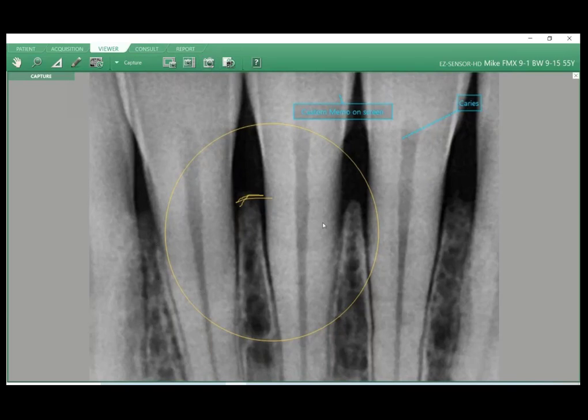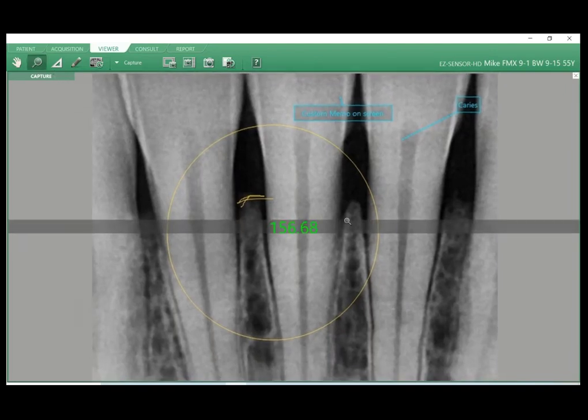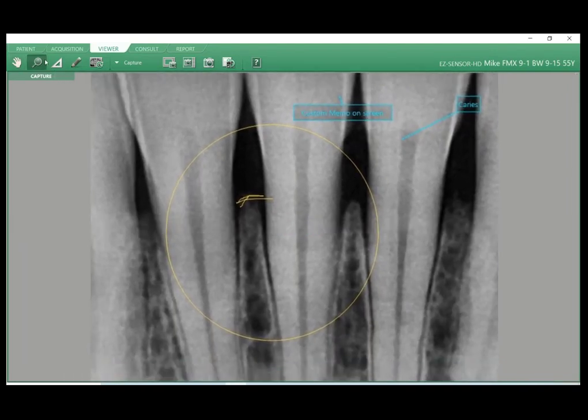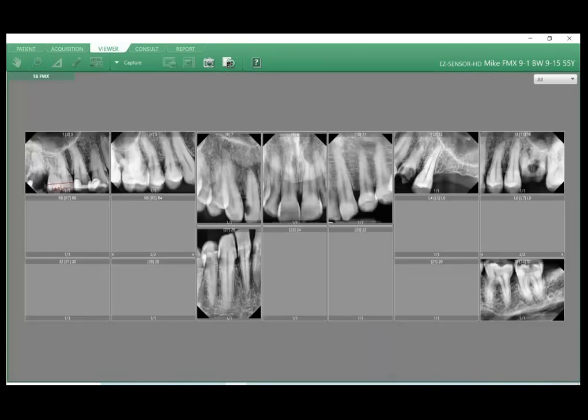But a quick one from here is, maybe I'm highlighting something and I want to quickly pull it to a report. What I can do here is I have this button, and Jim's going to get into this in more detail, but this sends it to a report. So a common one I come across, like if I go back to my viewer tab and go back to my 18 FMX,